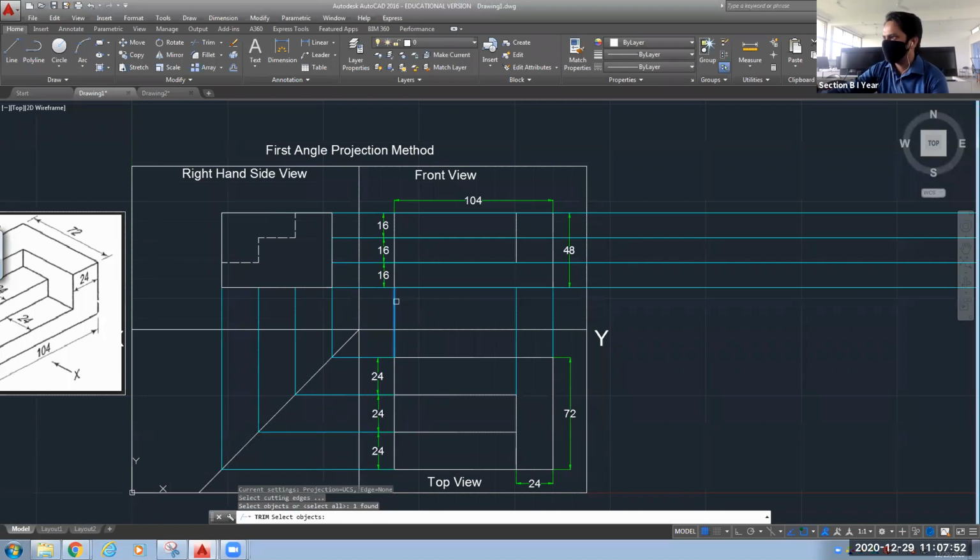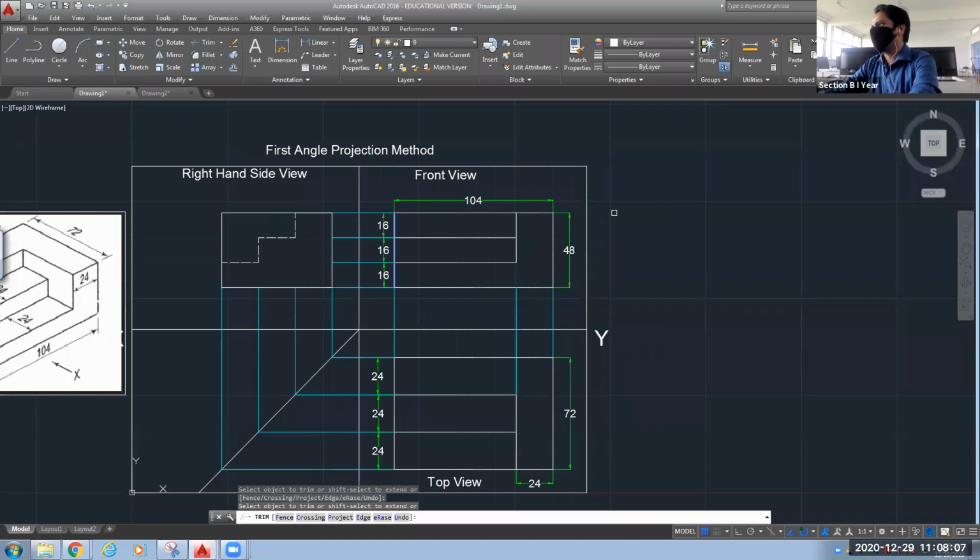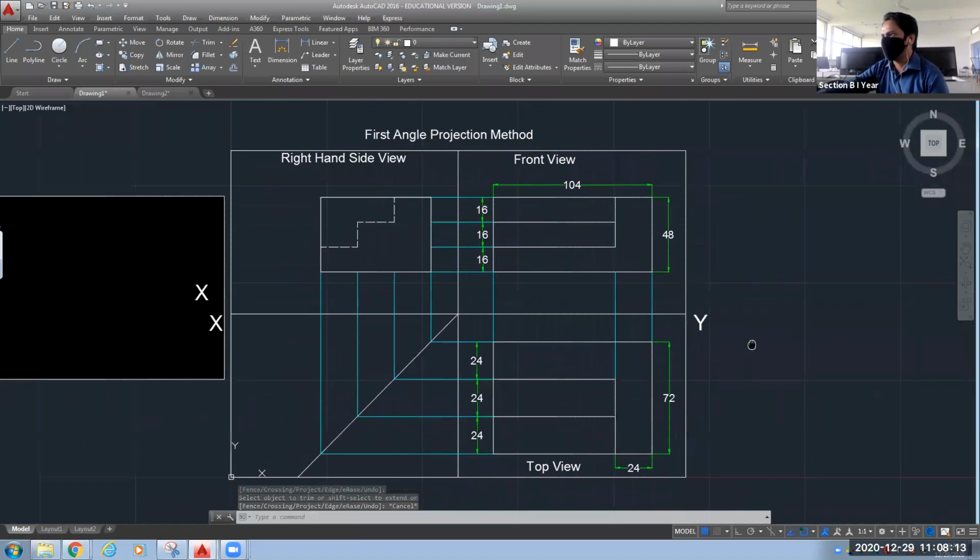This I want to select as baseline. Press enter. Now delete these lines. Now your drawing is clearly visible.